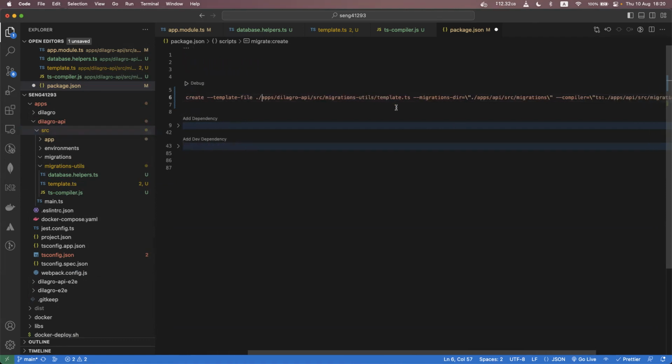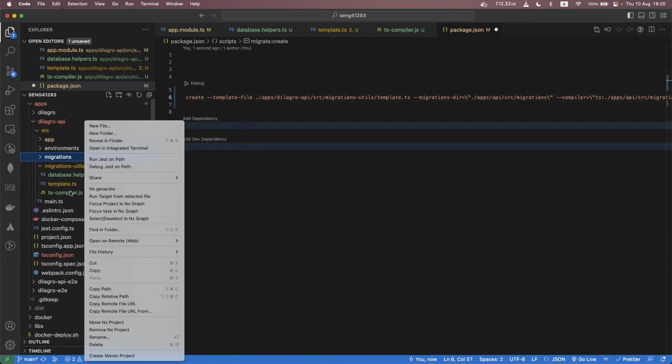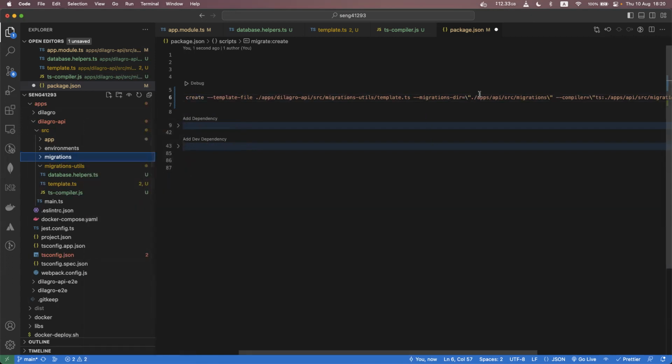The next thing that we need to provide is the migration directory, so where the migration files should be created. So we will use this migrations directory. I will copy the relative path and I will just put the path in here. So apps, the Allegro API, SRC, and migration. So this is the place where we're gonna store our